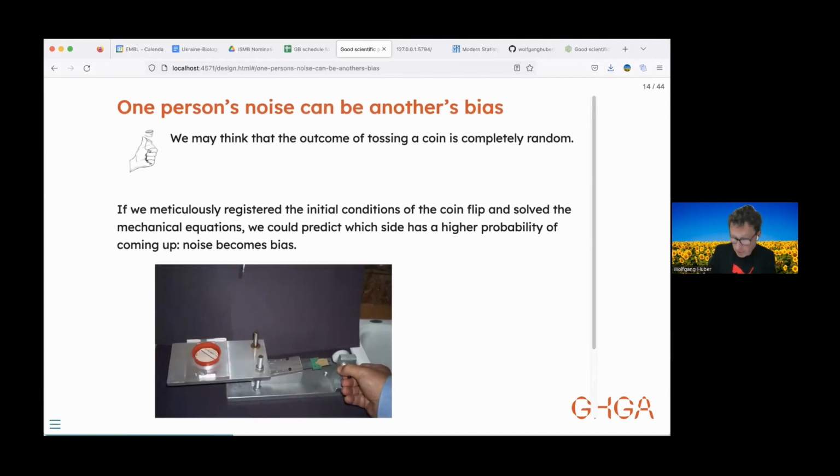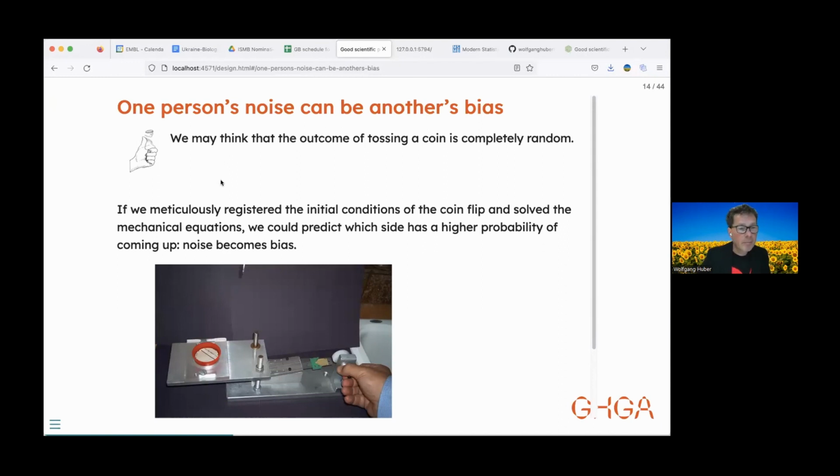And of course, there is no right answer. Both are possible, and there are, for instance, bioinformatic methods for looking at RNA-seq data that ignore GC content and basically hide it in the error terms. There are other models that take it into account explicitly and try to estimate parameters for GC content. And both are valid things to do. A very evocative example of that, that one person's noise can be another's bias, is an experiment